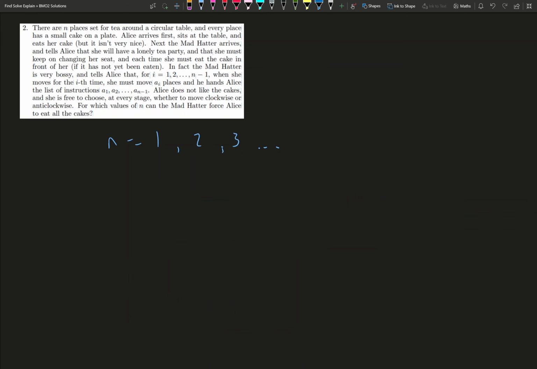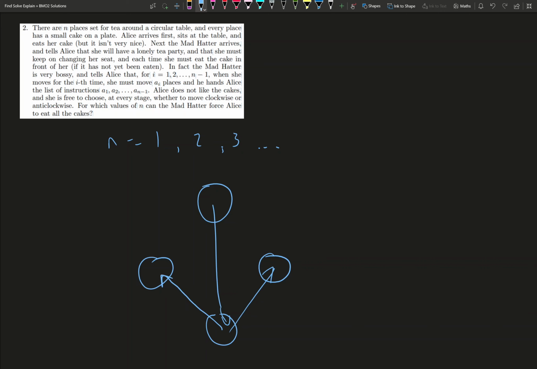For 4, what you'll notice is that the Mad Hatter can force her onto this plate, then he can force her onto one of these plates and onto the next one, the opposite one. So you can always force someone if n is divisible by 2. You can always force someone onto the opposite plate. So when n is divisible by 2, if you say n over 2, they will always be on a plate